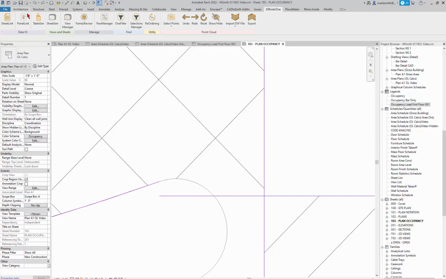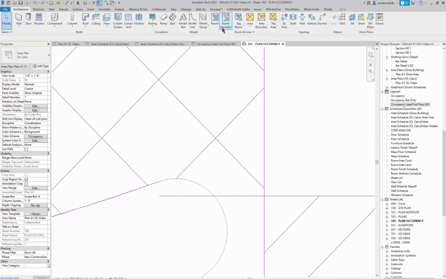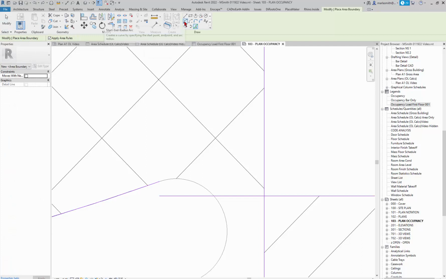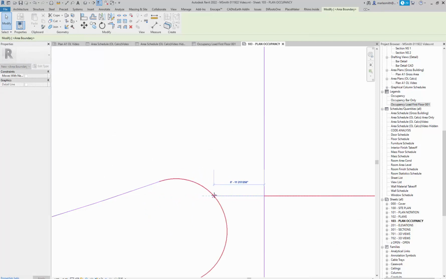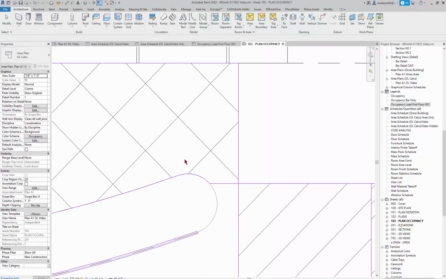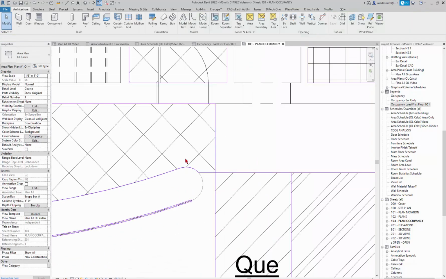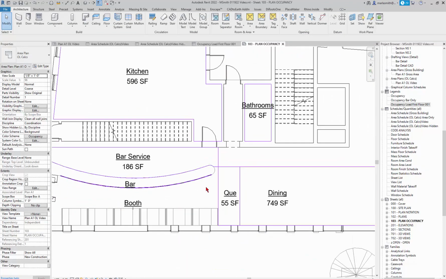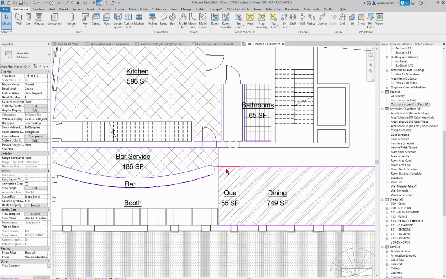So I'm going to come in here and go to architecture and area boundary, and I'm going to make a little arc right there, right? Which means I can pull this guy kind of back to there, right? It's not going to change the area, but it's going to sort of neaten it up a little bit. And then I'm just going to go in and change the area